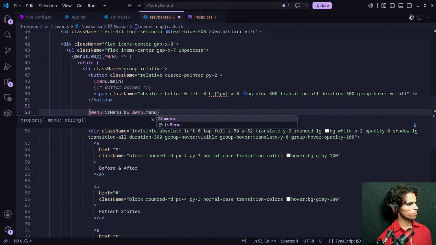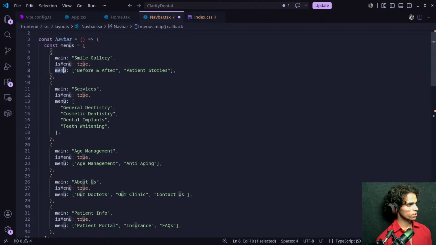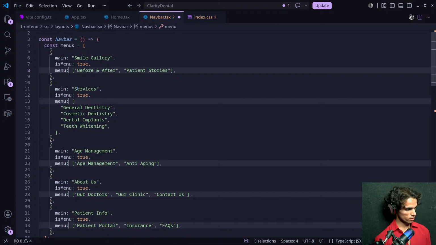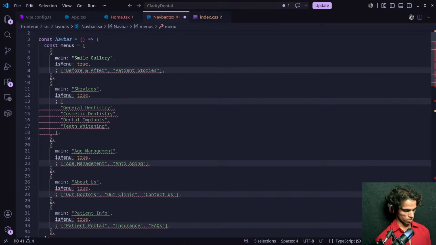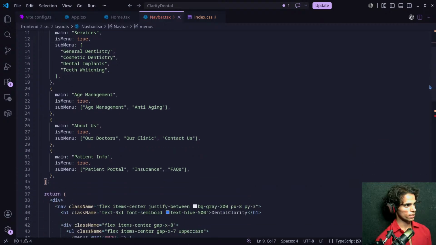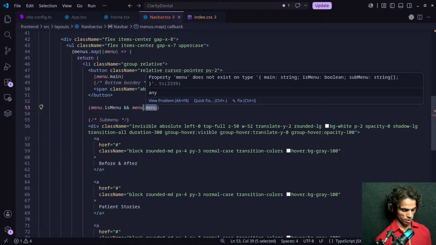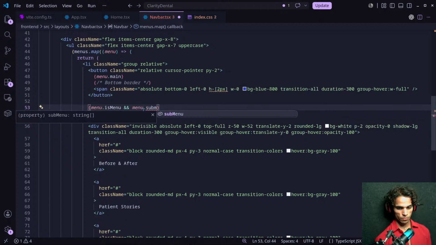Or menu or menu, yeah, it's a little bit confusing, so let's call this, okay, not this one, yeah, this one. Okay, so I will call this submenu. So yeah, this will look better, and inside menu we will have submenu.